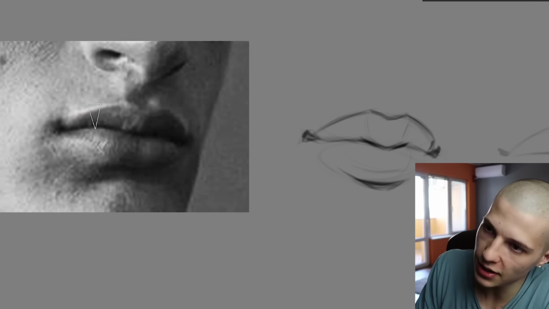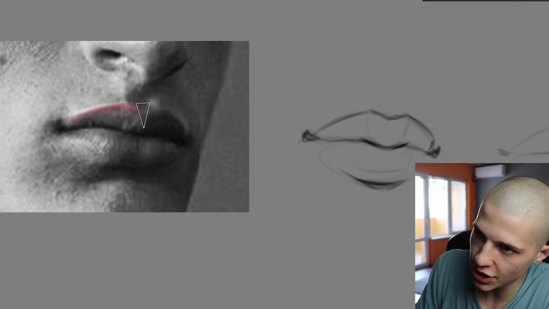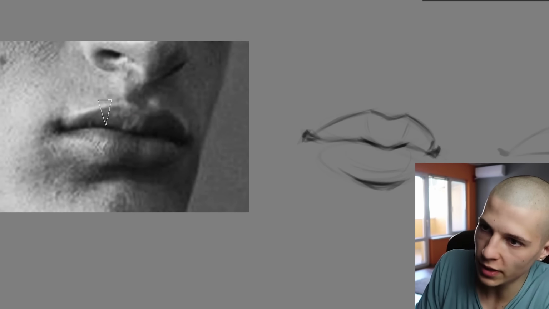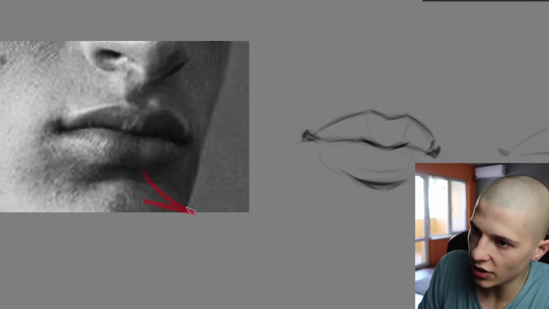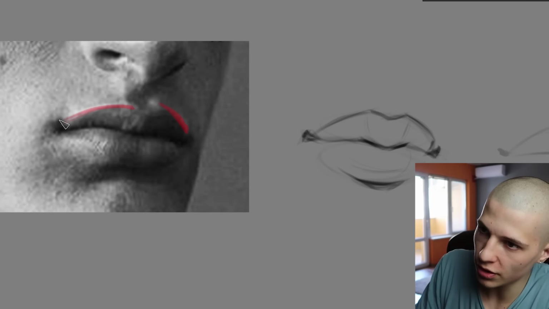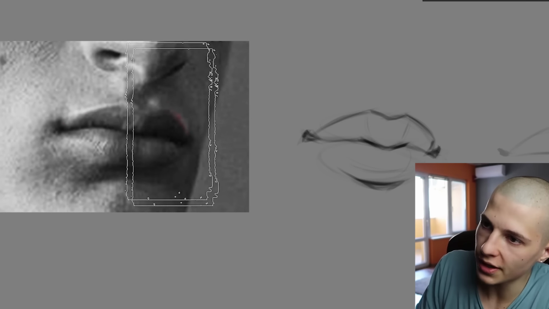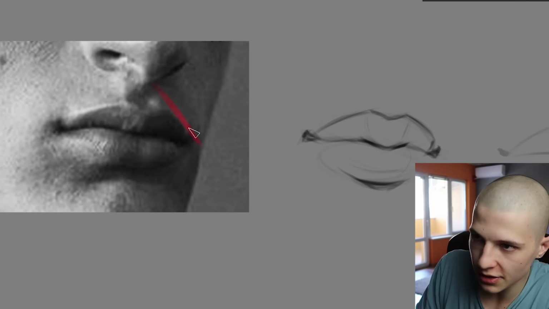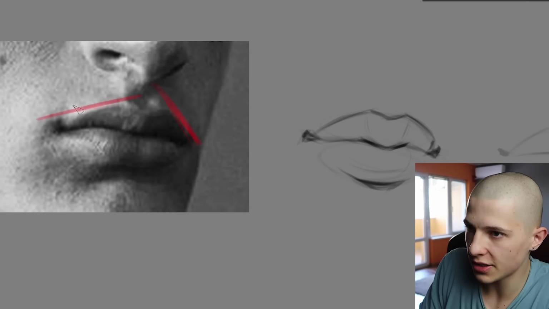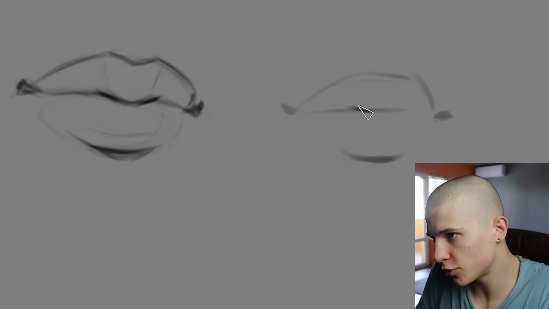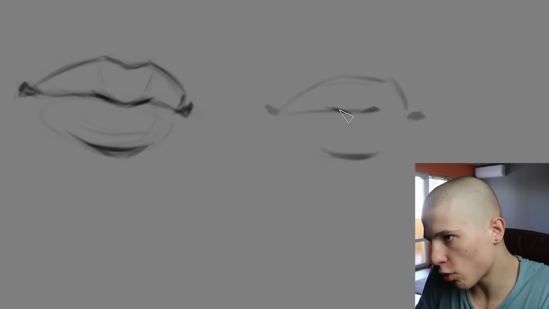Now with the rotation of the lip, the more that the angle changes, the more that the proportion between the plane changes. When the person is turning that way, the further plane, this one, is gonna be a lot smaller than this, and it's gonna be more extreme angle. So the angle in here is gonna be like this, and then in here is gonna be a lot more straight. So first draw the V, and again put more weight into the corners of the V,